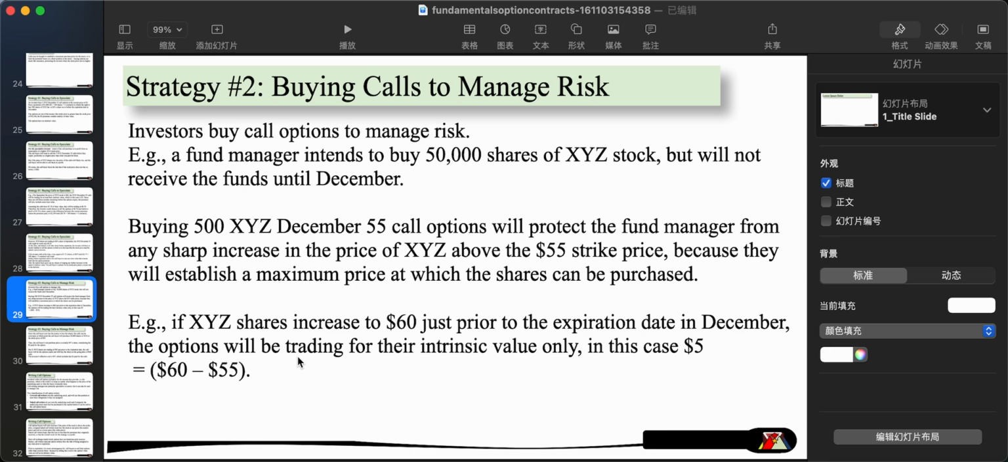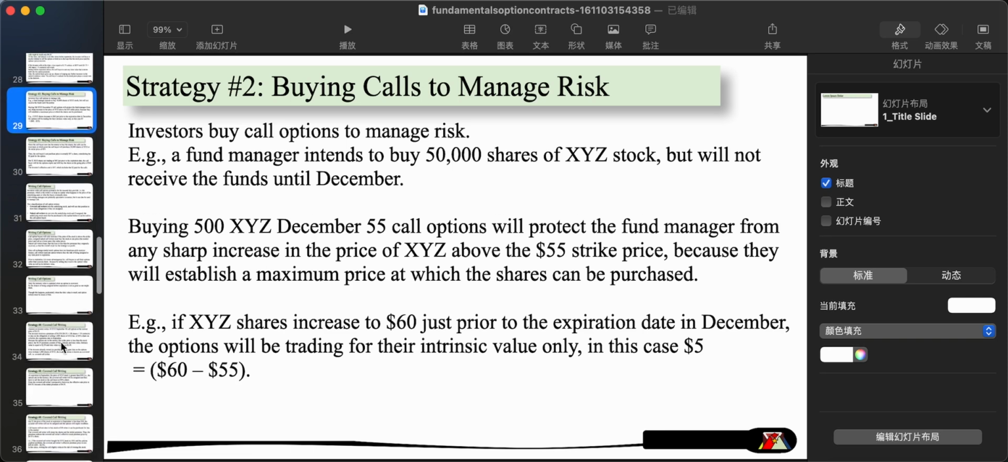So, you can also perform strategy number 2, which is that you buy calls to manage your risk. Essentially speaking, you are buying an insurance contract to protect yourself. So an investor can buy call options to manage risk. For example, a fund manager intends to buy 50,000 shares of XYZ stock, but will not receive the funds until December. So buying 500 XYZ December 55 call options will protect the fund manager from any sharp increase in the price of XYZ above the $55 strike price, because they will establish a maximum price at which the shares can be